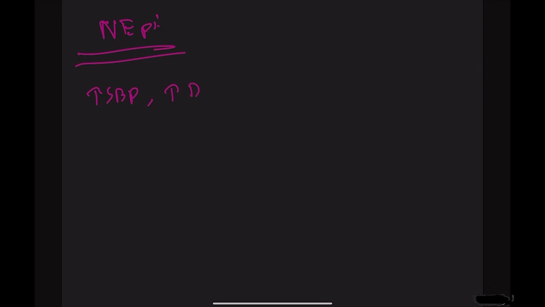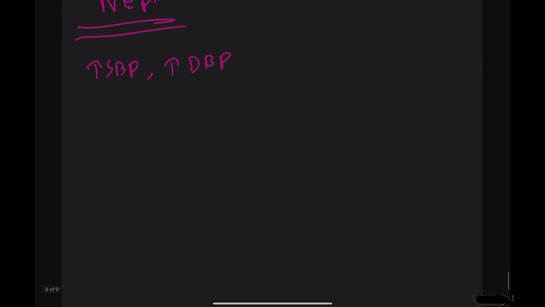So if we see here, norepinephrine increases the systolic blood pressure, increases the diastolic blood pressure, and it should increase the heart rate because it's stimulating beta 1 receptor,